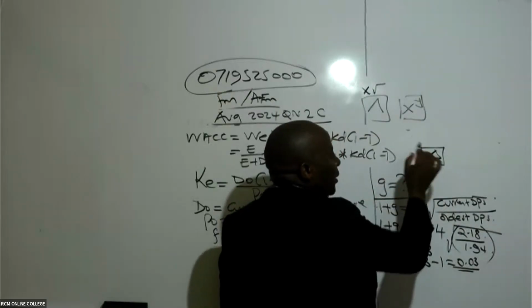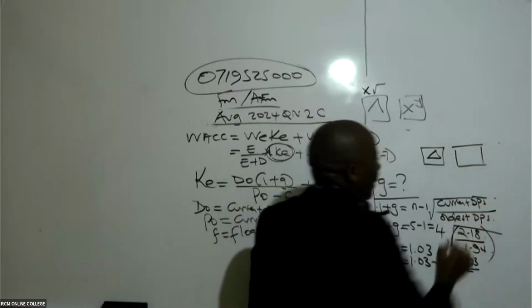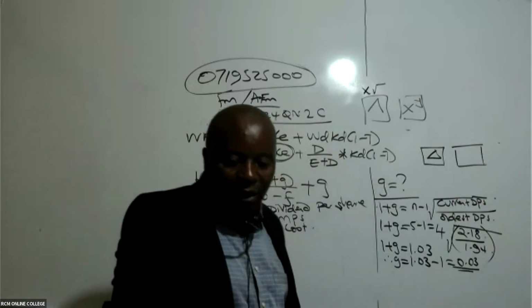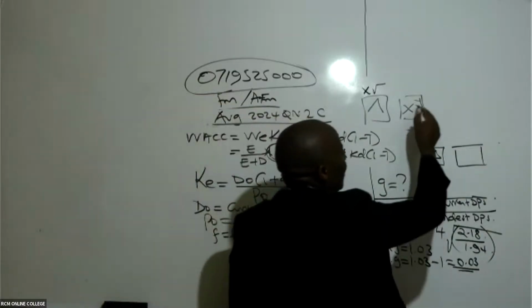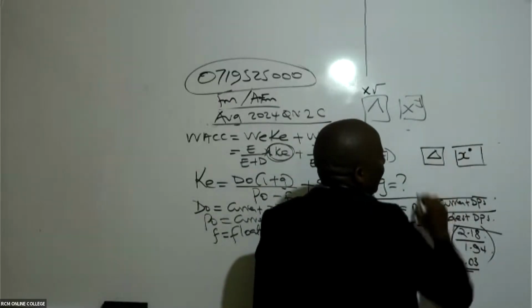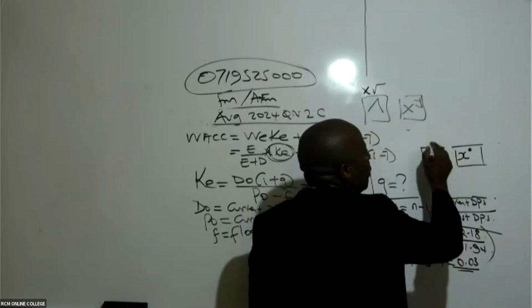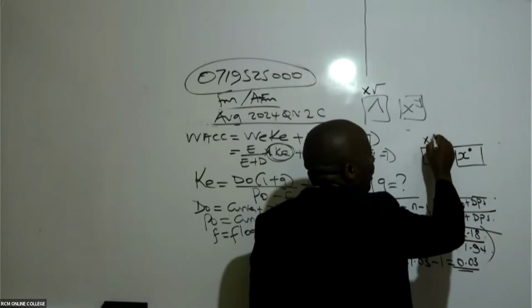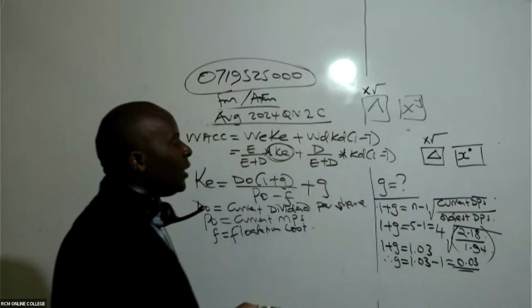So on top of this raised to, in some calculators, you will see it is written like this. Some calculators have something like, for example, x raised to y, or even x with a dot there. Then on top of this, you will see something called x root. All right. Then how do I get this x root?